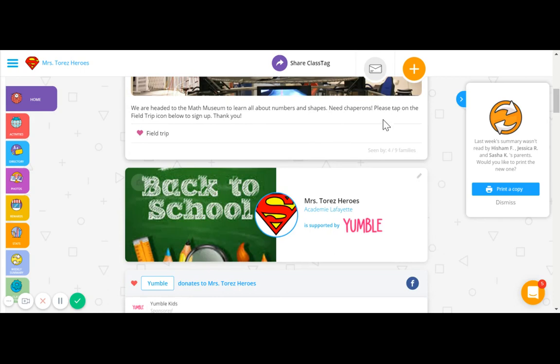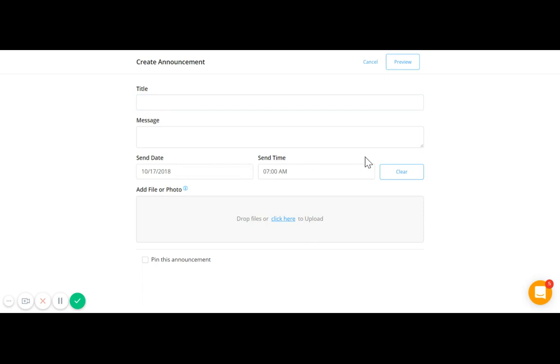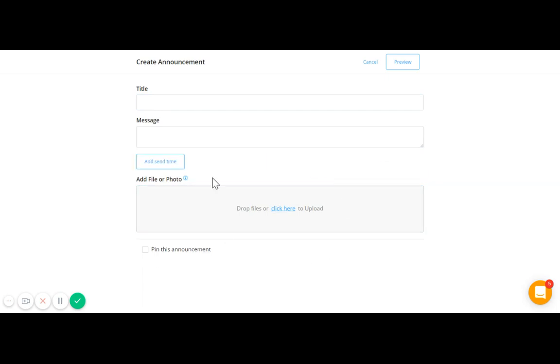The other cool feature for communications is announcements. To access announcements, you'll click on this key action button, the plus. You will go into here, and you typically would use announcements for something more formal or long form, where you can write a subject line, your message. You can set the time you want to send. Again, attach various pictures, videos, and documents. You can pin it on top of the feed,